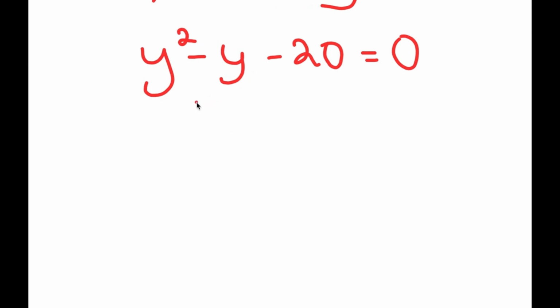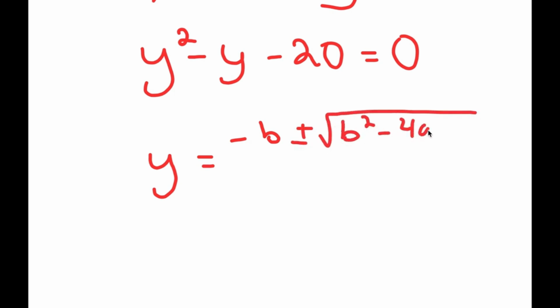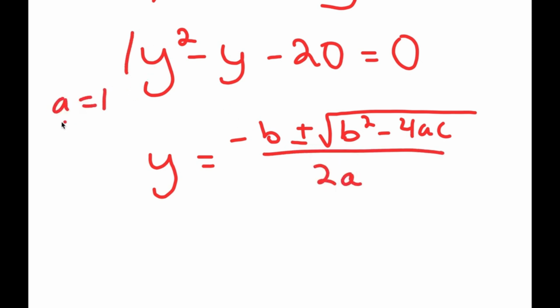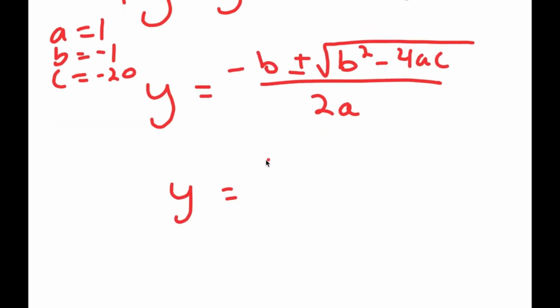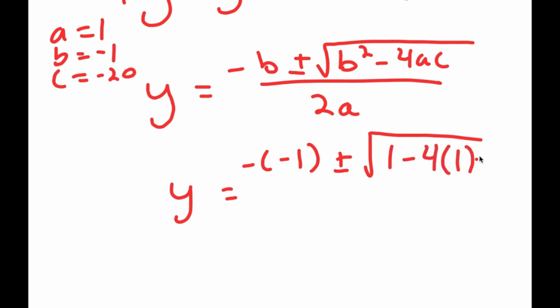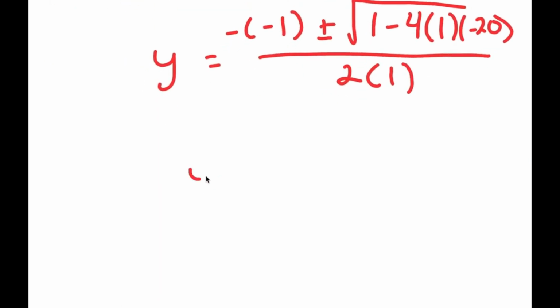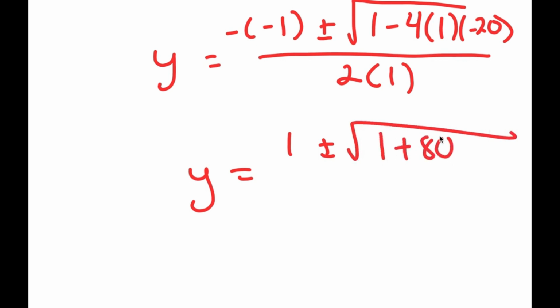Now, to solve this, I'm going to be using the quadratic formula, which is negative b plus or minus the square root of b squared minus 4ac all over 2a. So in this case, a is 1, b is negative 1, and c is negative 20. So I get y equals negative 1 plus or minus the square root of b squared, so negative 1 squared, which is positive 1, minus 4 times a, which is 1, times c, which is negative 20, all over 2a, so 2 times 1. And this is equal to 1 plus or minus the square root of 1 plus 80 over 2,